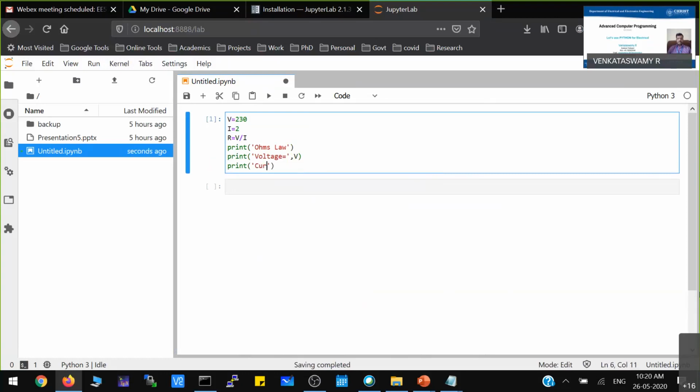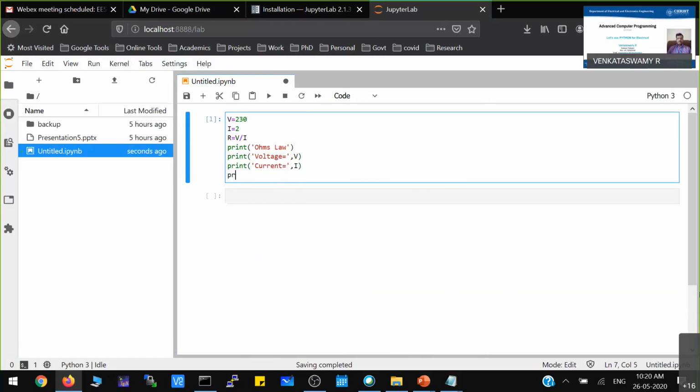Current is equal to I, print. Resistance is equal to R. Now you can observe here, I just used some output statements.